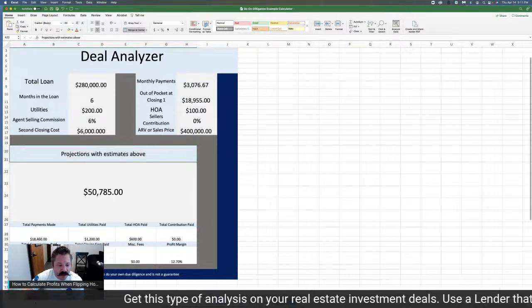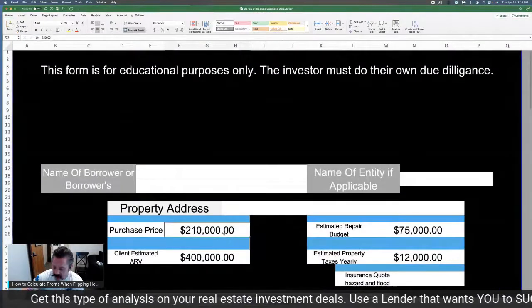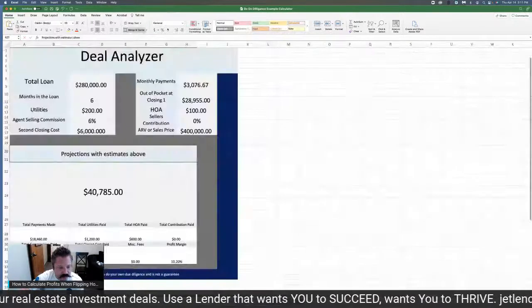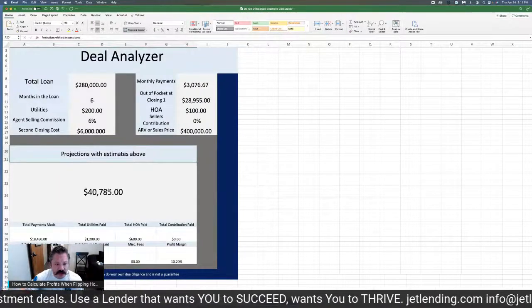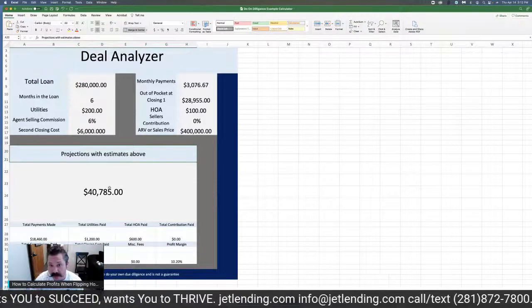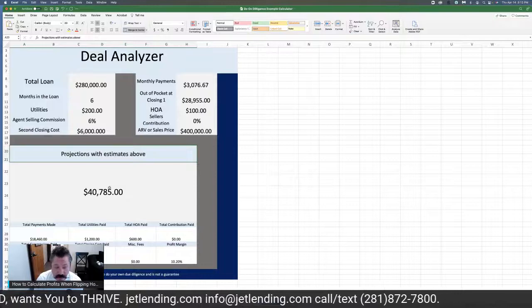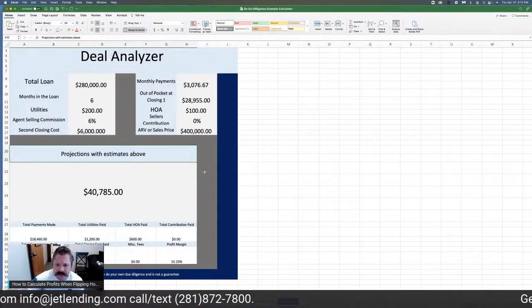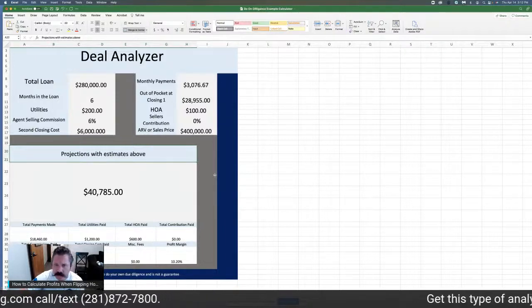So if we went back to our original 220 number, I'm going to show you how this works. Okay, so you did 220, you're making 40,000. That is fantastic. There's a reason why I tell people to have at least 3 exit strategies for a flip property. Something happens, the market softens, or who knows,